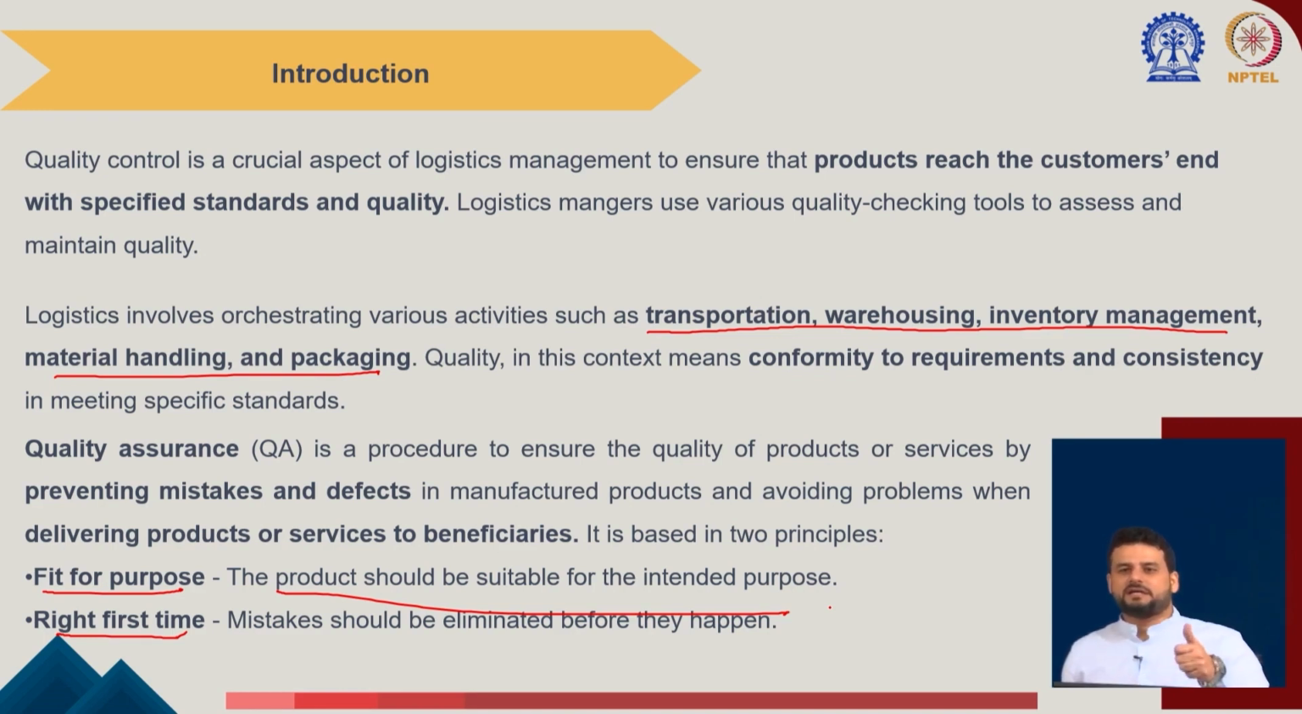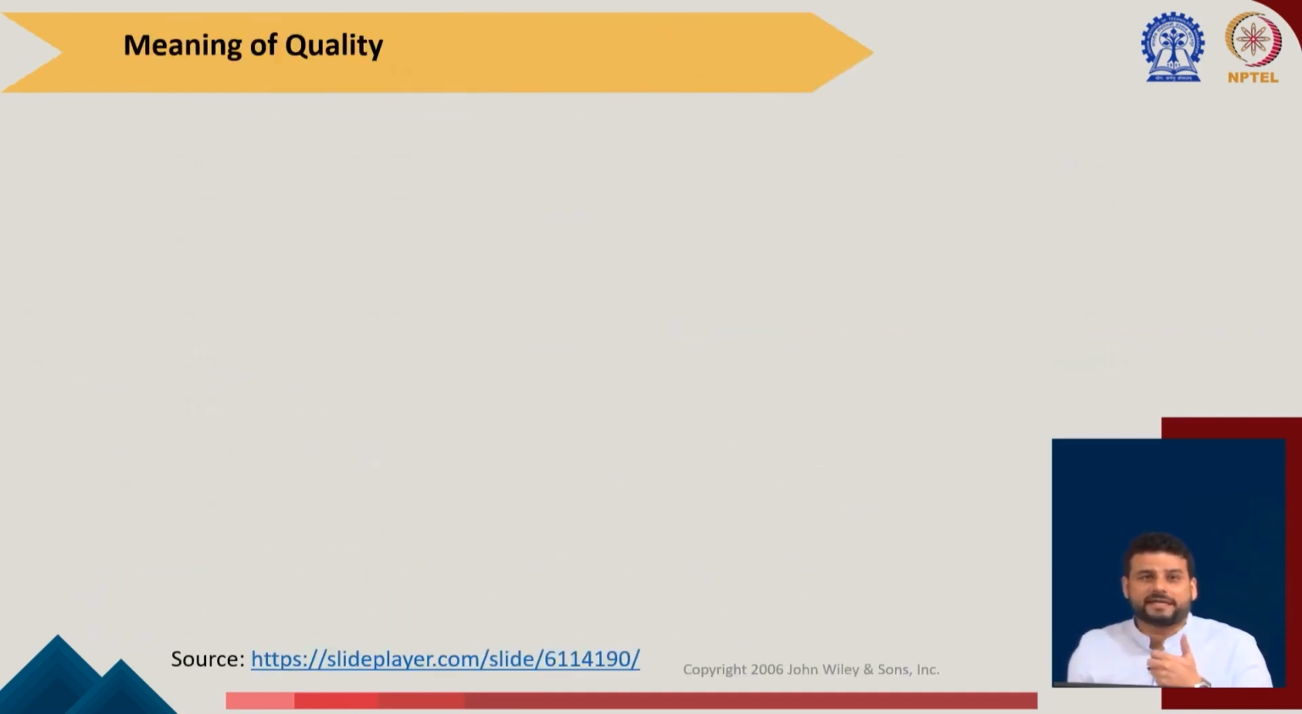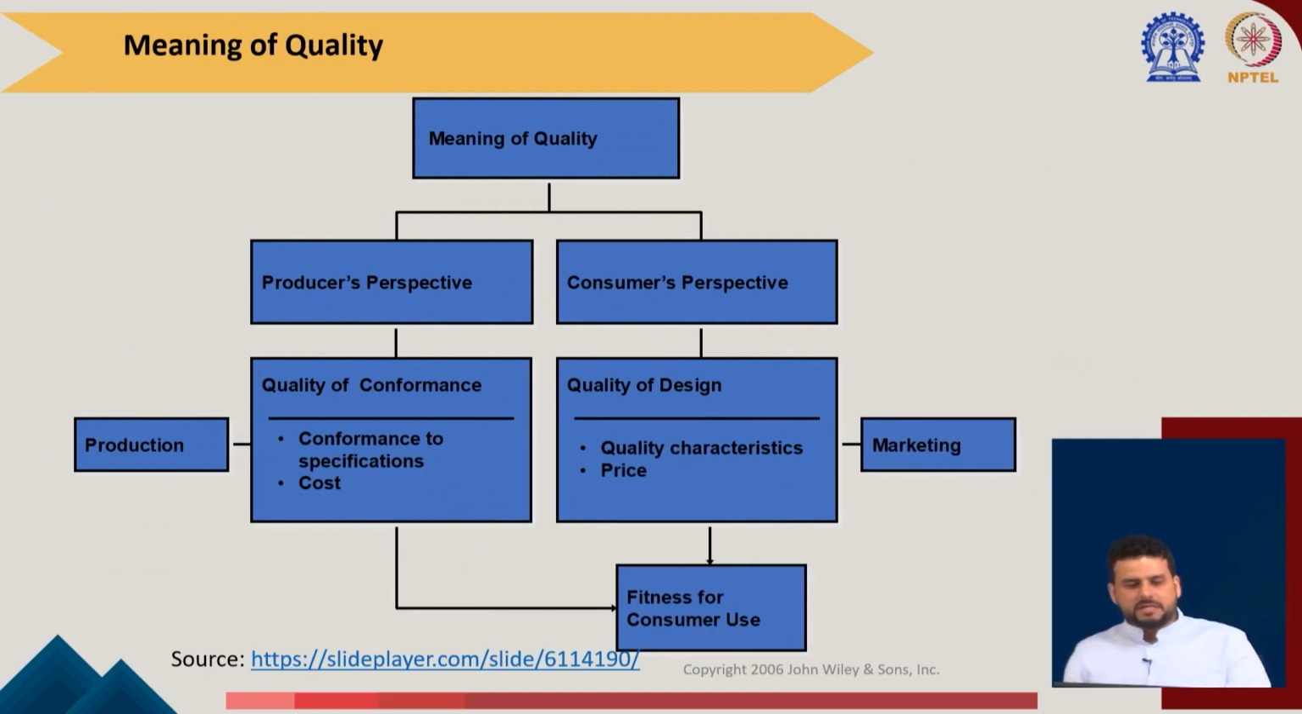You cannot just ring the bell of someone else's door and then say, oh sorry, this is not your order, I have mistakenly knocked on your door wrongly, right. That cannot happen. So you have to be correct the very first time. So, going through the concept of quality, I told you there are two different perspectives: producer perspective